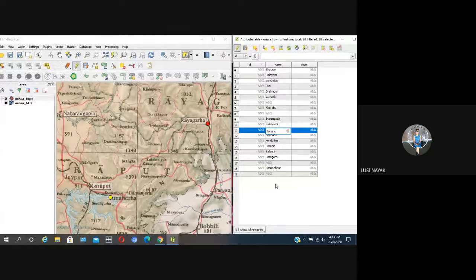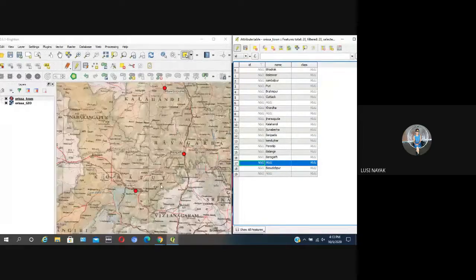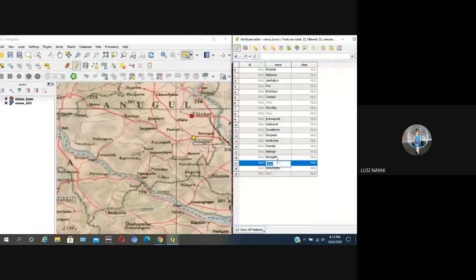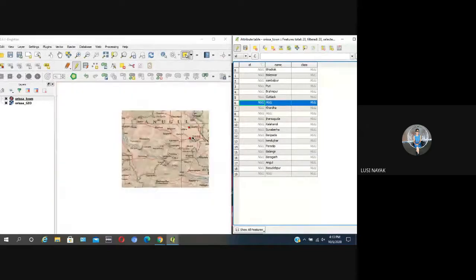Is it okay? Did you get it, Sasikant Gosavi? In create layer, go to new shapefile layer. Yes, sir. The format of this vector layer is shapefile.shp. Yes, sir.